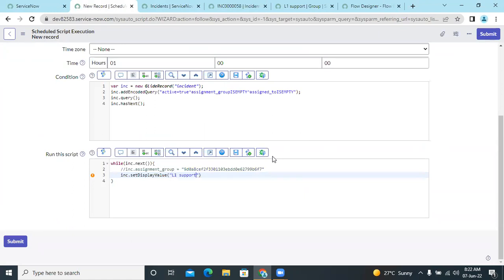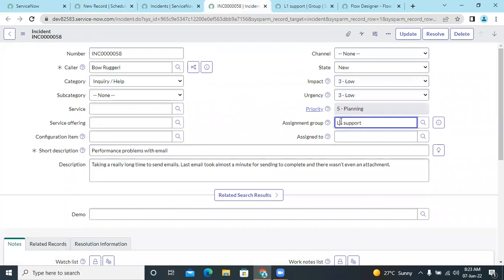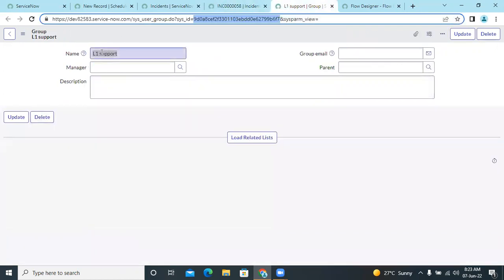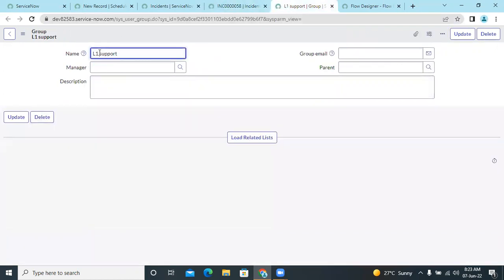So if you use inc.setDisplayValue of L1 support, what will be the disadvantages in future? For example, they want to change the name of L1 support to something else. The members will be the same and the roles will be the same, but I just want to change the name of L1 support to some L2 support or something like that. But for example, if I change it to L2 support,